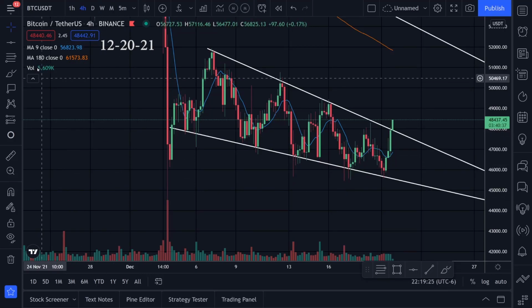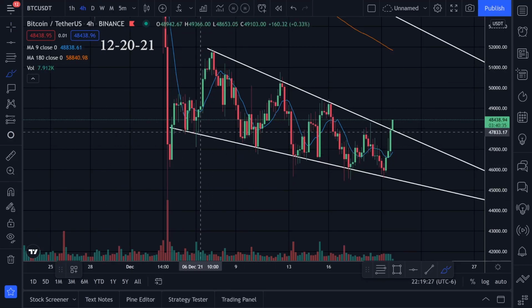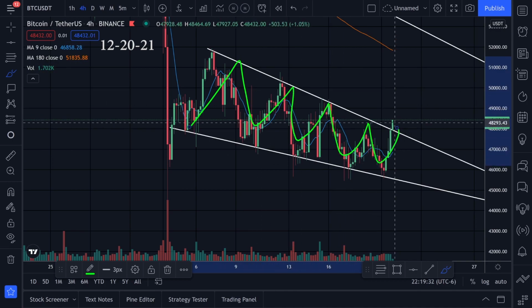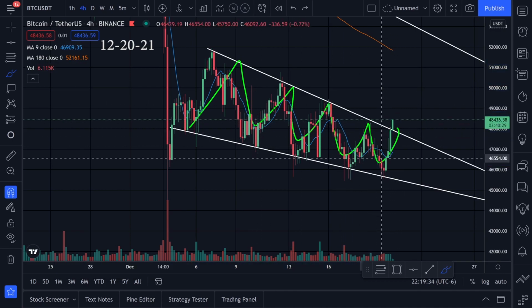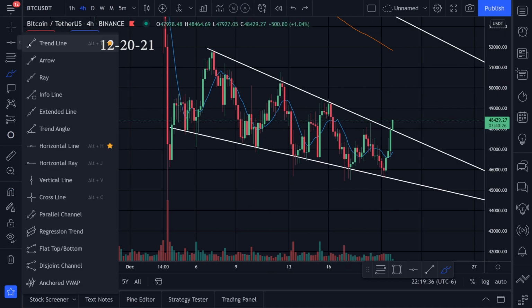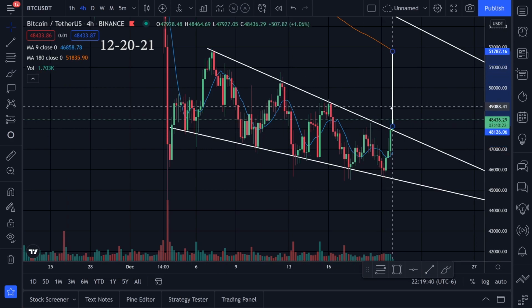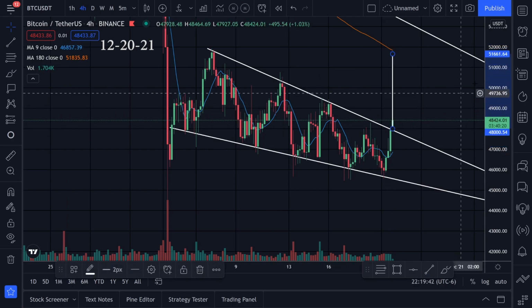Let's take a look at the chart action for Bitcoin. Okay, so here's what we're looking at. We're on the 4-hour time frame. We've been looking at this channel pattern right here, and it looks like we're finally getting a breakout to the upside. What I'll be doing is targeting from the top to the bottom of this channel, drag this to the breakout, and I'm looking at a target of approximately